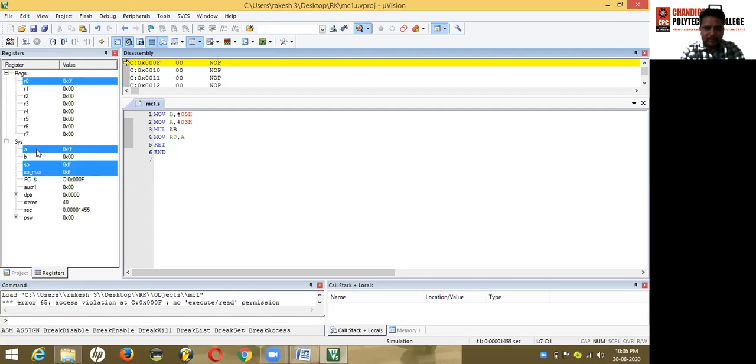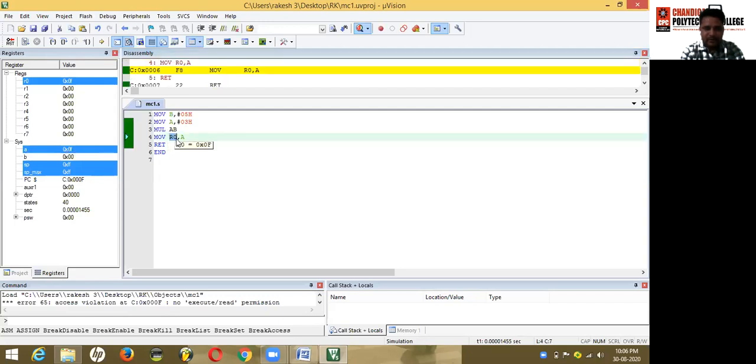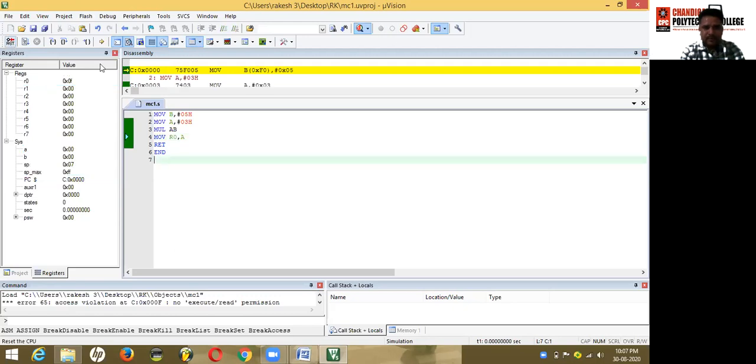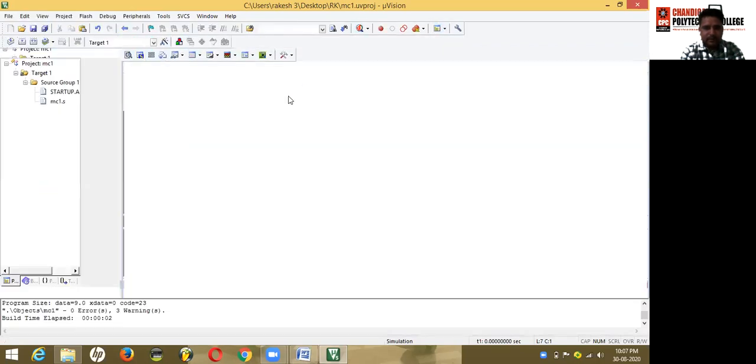You can see here the register A, that is the accumulator, contains 0f, and here I have selected the R0 register, so this instruction moves the result from the accumulator to R0. You can see here R0 also contains the result, that is 0f, and the accumulator itself also contains the result, that is 0f. Now you can stop your running program here by pressing reset. Again, back to our main window.